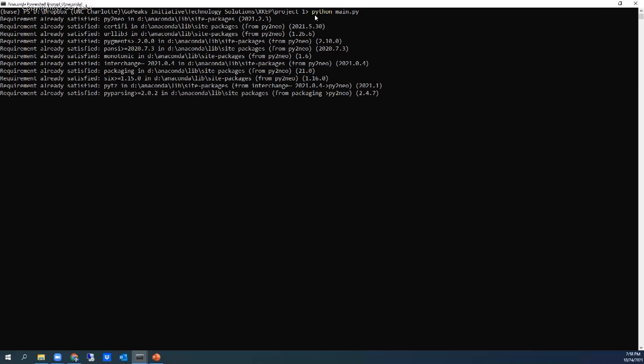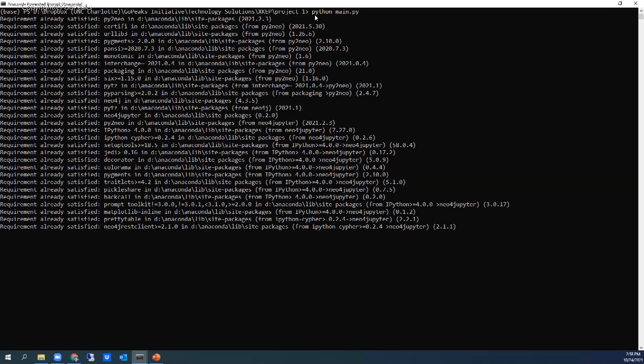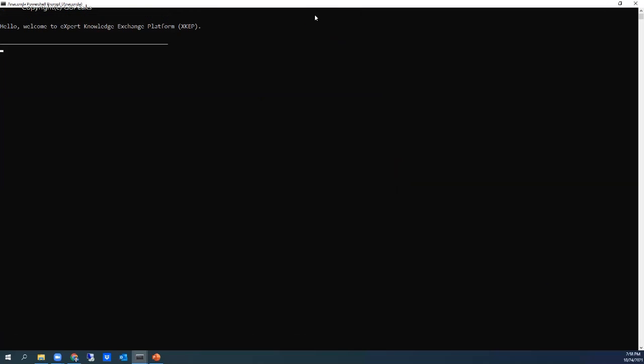It will first check whether all the necessary packages have been installed in this local machine. If not, it will automatically install and upgrade the necessary packages, and then ask for the user ID and the password to load the knowledge base from the cloud. And in this demo, we use Neo4j Aura database services.